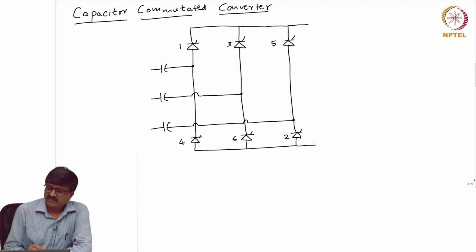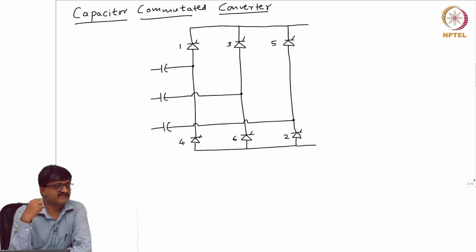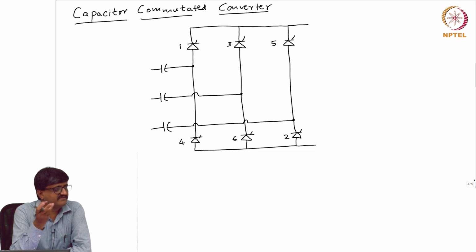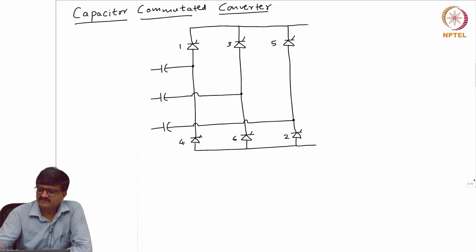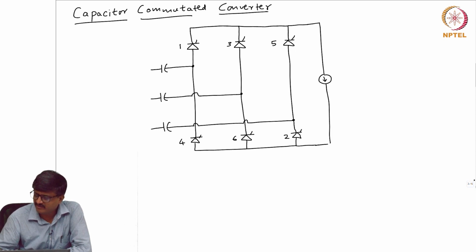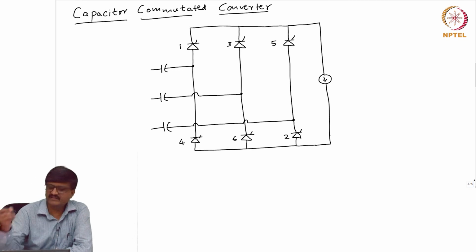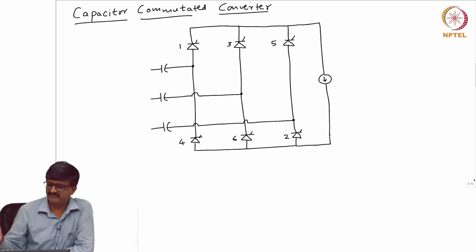Again, if I want to explain the necessity of having a capacitor, we will take a circuit that is a model of the AC side and the DC side. The simplest model on the AC side is just a 3-phase voltage source. The simplest model on the DC side is a constant current source. So, first we will consider the simplest model. Of course, we will not go into any detailed model, but one can easily extend this to any other model of the AC side or DC side.